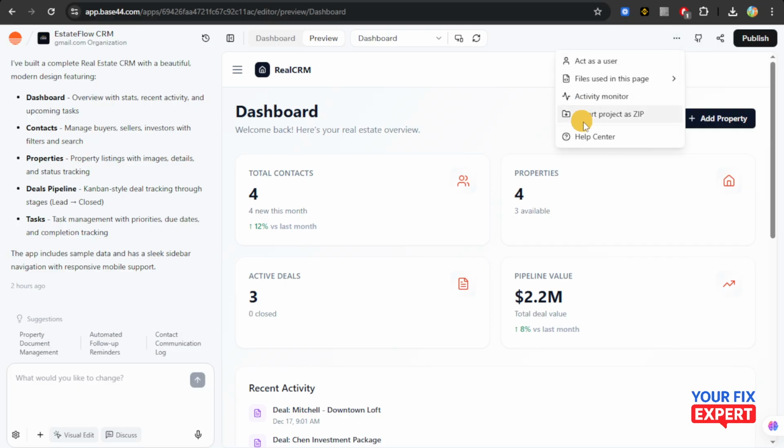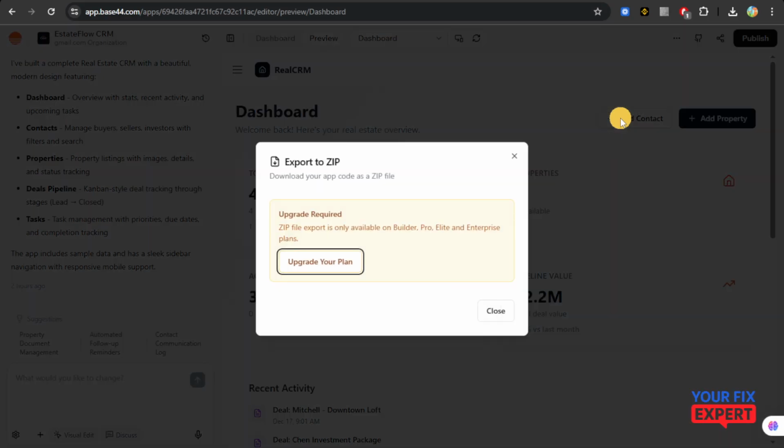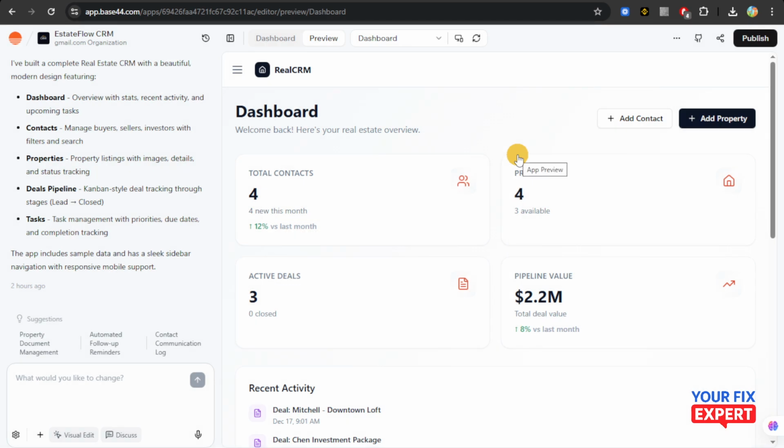Now, from here, you're just going to click on export project as zip, but make sure that you're subscribed to a paid service before you can access this. So make sure to upgrade your plan. You cannot do this on free trial or when you're on your free version. Now, once you have this downloaded as a zip file, you're going to log in to your Hostinger hPanel,